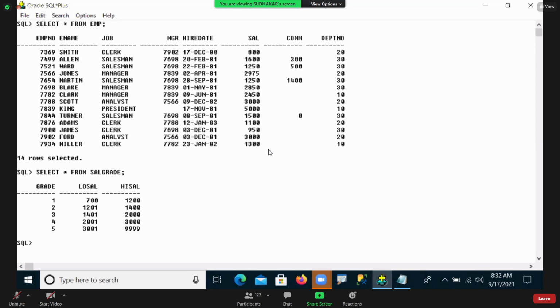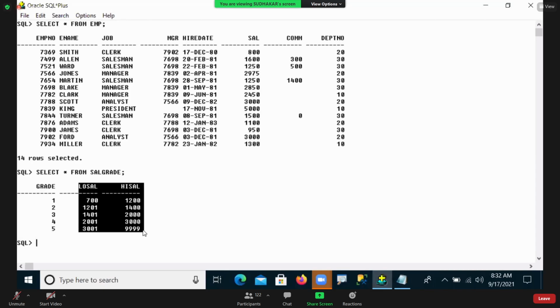So in the sal grade table, we have grade numbers 1, 2, 3, 4, 5, and these are the low salaries and these are the high salaries. So that means low and high salaries are in one table, and employee salaries are in another table. Now for this combination of both tables, I need to implement a join technique.